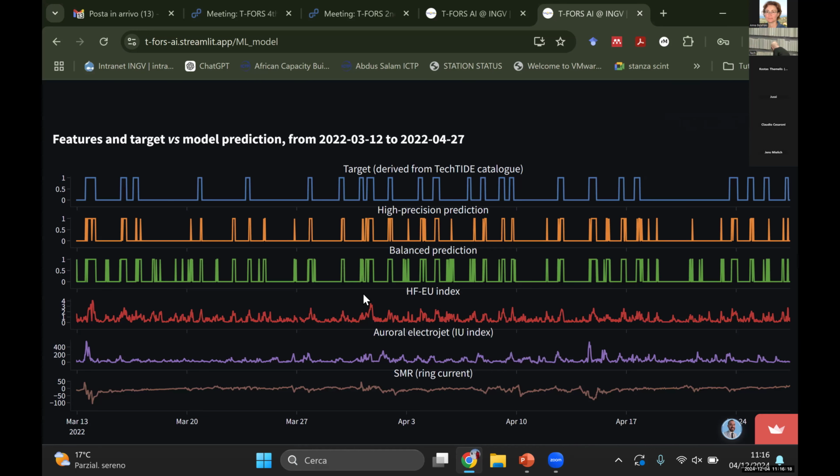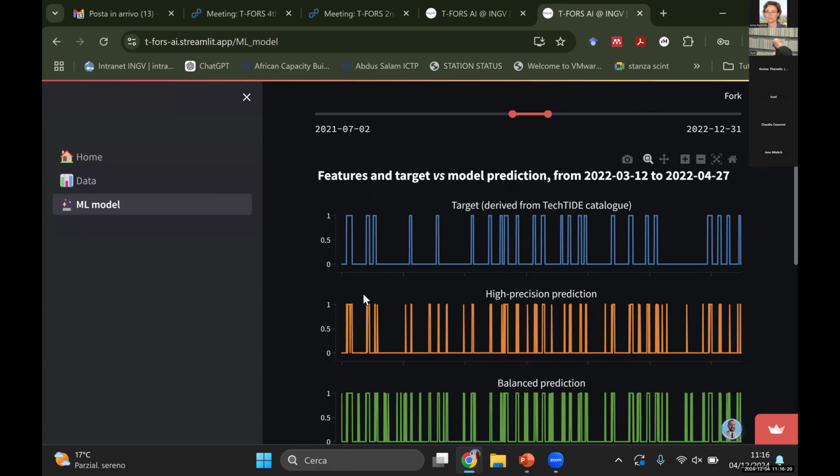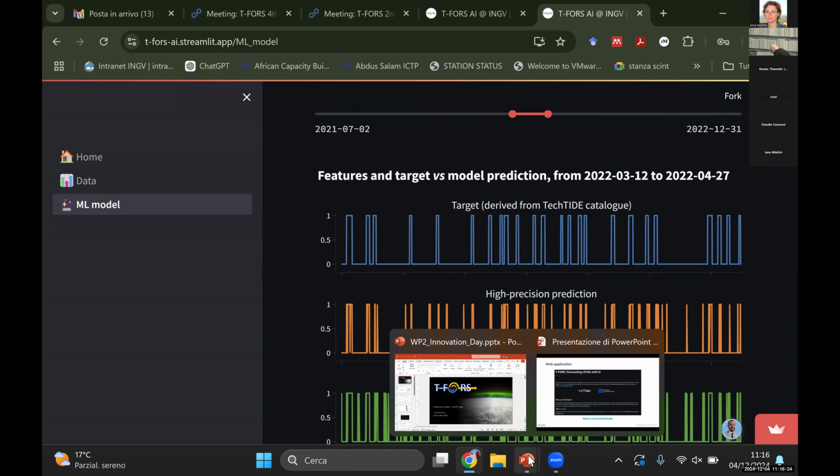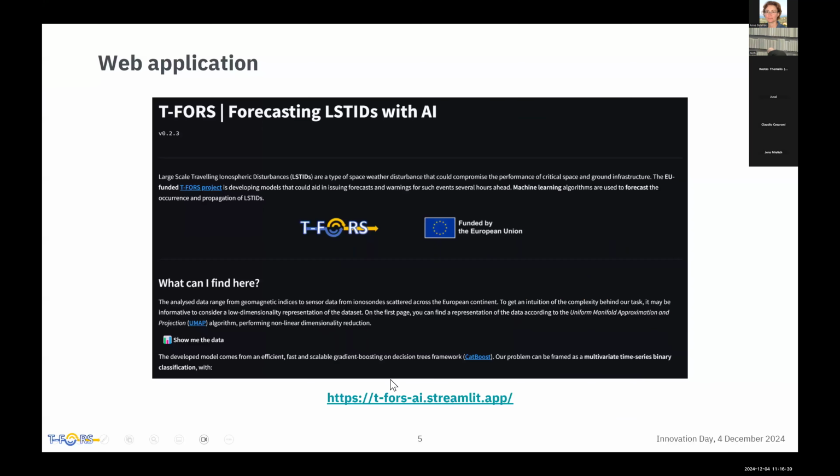So this is how the web app works. Of course, again, it's just a demonstrator, but it's very useful to demonstrate the capabilities of the model and to check also for us the capability of the model and the goodness of the output of the model. So going back to the presentation,